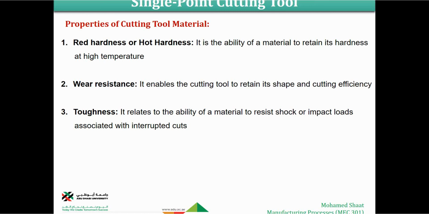Since we are talking about machining operations, we said that the tool should have a sharp edge. It should include some angles like the top rake angle and the clearance angles, and we discussed the importance of these angles. What else is required for a tool that would be used for machining? The material should be made of a special material. The workpiece that you are going to machine could be made of any material, so we don't care about the material of the workpiece as much as we care about the material of the tool. The tool should be made of a special, strong, high strength material to achieve